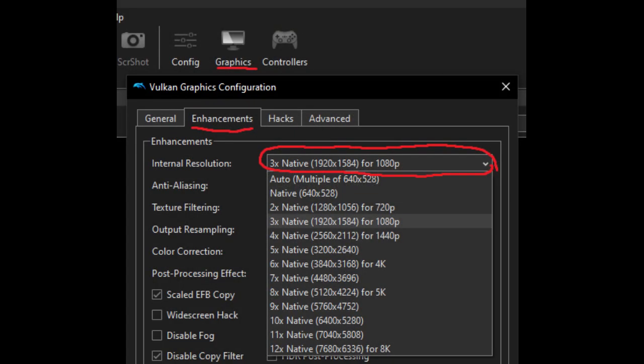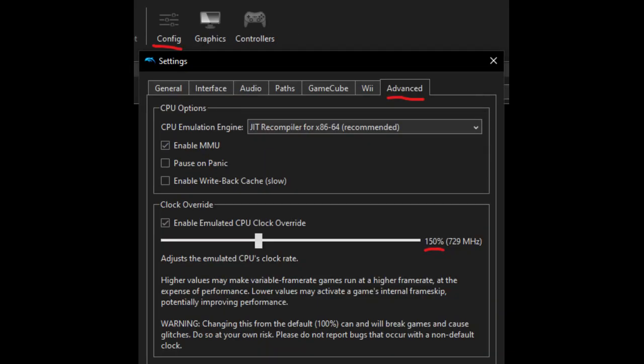I forgot to mention, you are free to adjust the internal resolution as you wish. It's under the graphics settings, under the enhancements tab. I would not recommend going above 3x native, but you're free to do as you wish. Lastly, if you're getting strange performance and you don't know why, be sure to check out Config, Advanced, and check if the CPU clock override is not set to 150, or if you have a lower end system, you might want to reduce that to